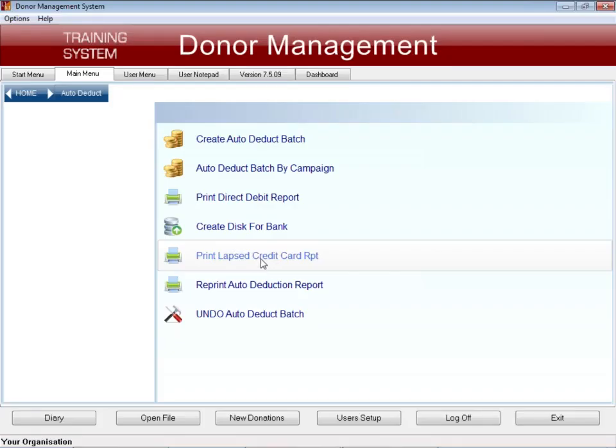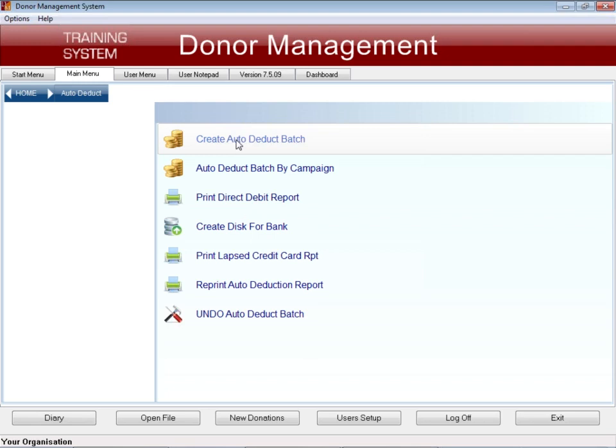So that's how we can keep on top of the auto deduction coming out with a whole lot of people that have got expired cards, because I don't want a whole report showing me that I've missed $200, $300, or any dollars at all if I maintain that. It's a matter of keeping in touch with the donors, really.